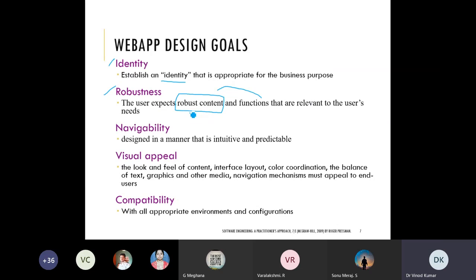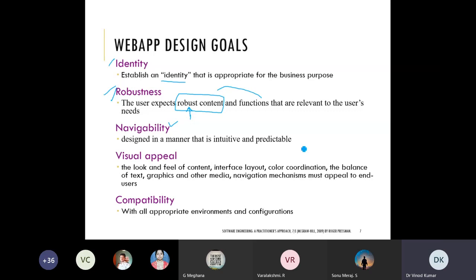Robust means the content, for example your notes for a particular topic, should be widely accepted and good. This also varies as per your need. How much the user's need is being fulfilled adds to the robustness. Navigability: designed in a manner that is intuitive and predictable. Navigability means traversing within the pages from one location to another.